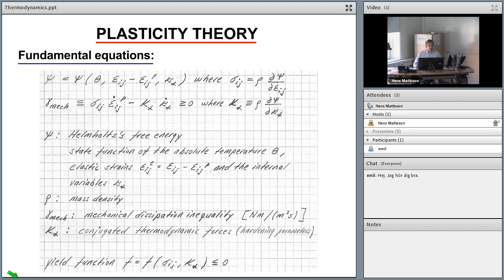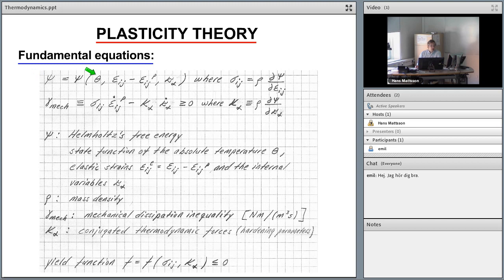Okay, then I have jumped now a little bit in the book here. Here we have some fundamental equations, and they are based on the first and the second law of thermodynamics. And it's really these two first equations here. Here we have the Helmholtz free energy state function, and the Helmholtz free energy state function is a function of